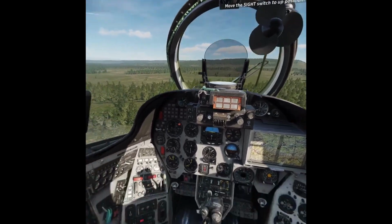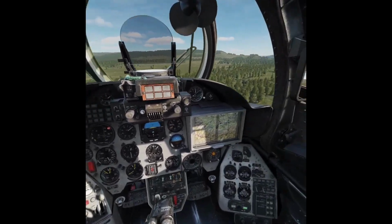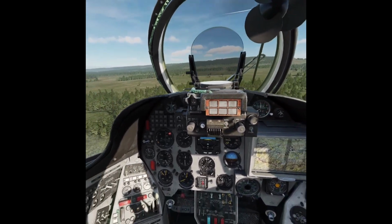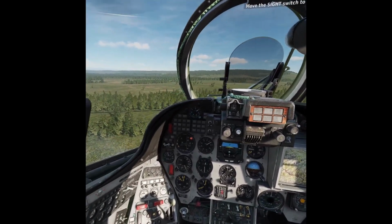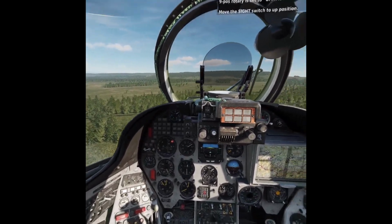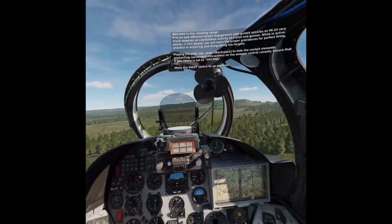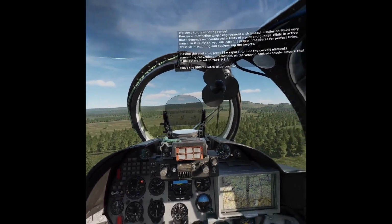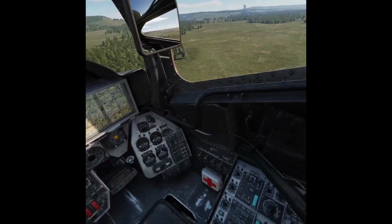Welcome to the shooting range. Precise and effective target engagement with guided missiles on Mi-24 very much depends on coordinated activity of pilot and gunner. While in active pause in this lesson, you will learn the proper procedures for perfect firing, practice in acquiring and